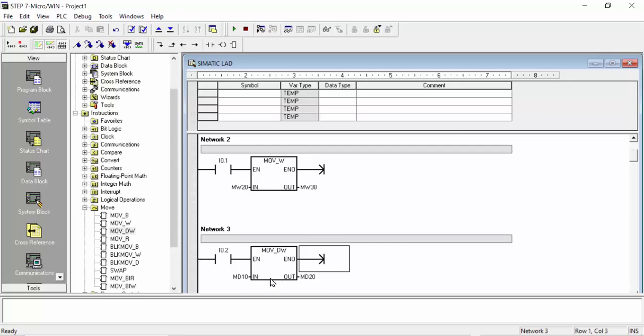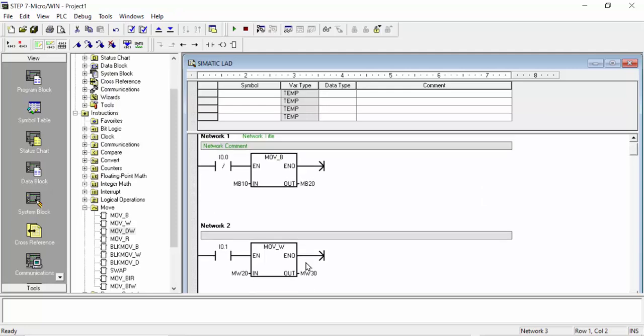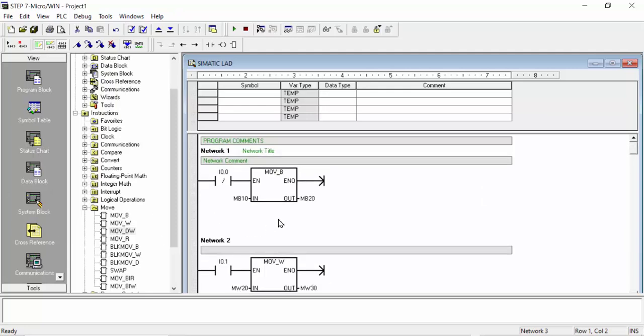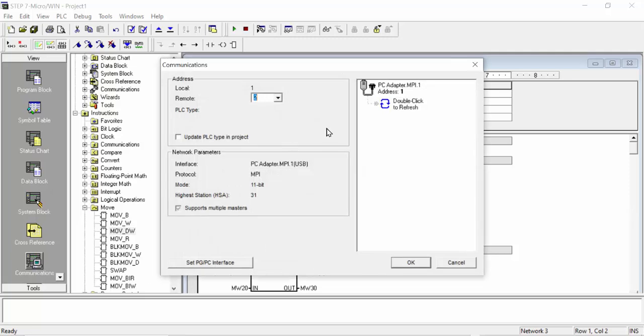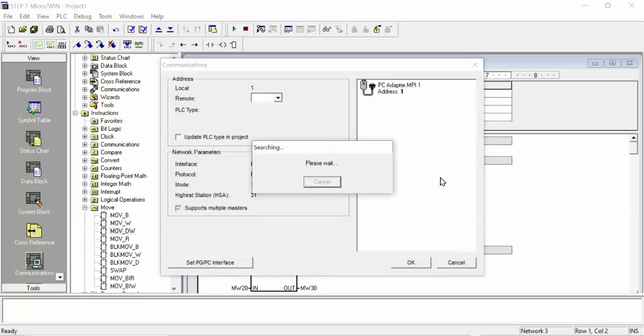registers MD0 up to this 32-bit, or this value is very long, 0 to 2147483647. This value you can move in the MD20 because this is double word data, and this we will download to the PLC. And let's see, first I will check the communications and double click, refresh the port. My cable is connected from the PC to the PLC, and it will take some time to complete the communication,